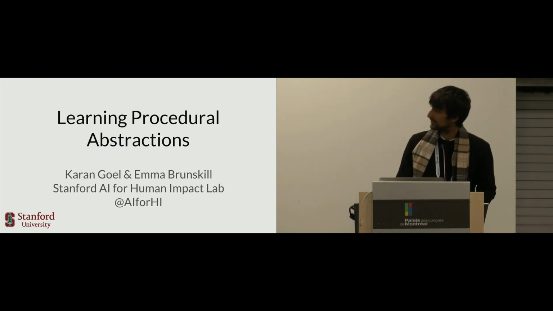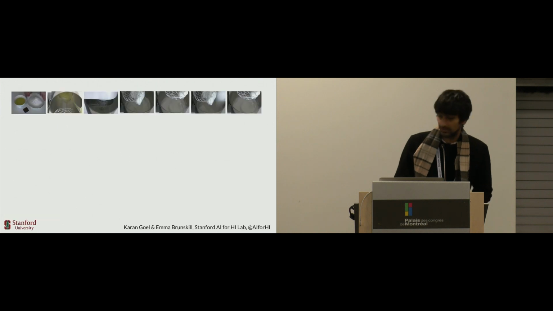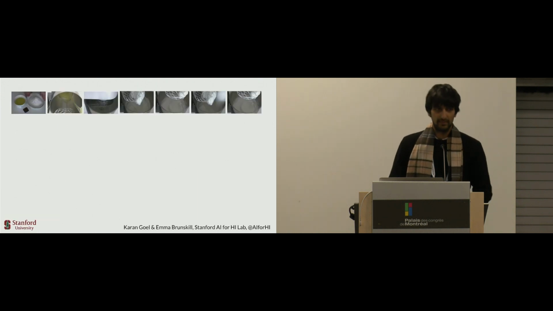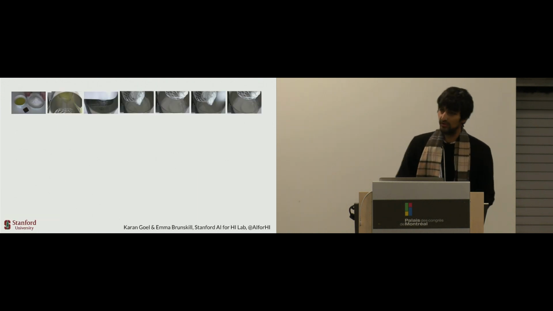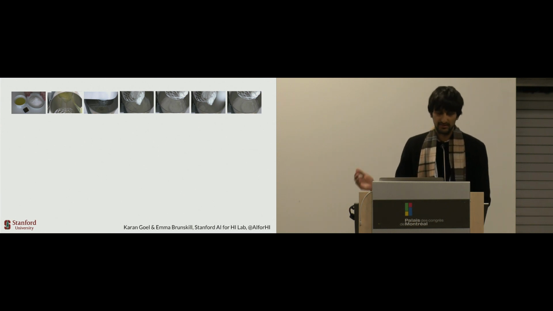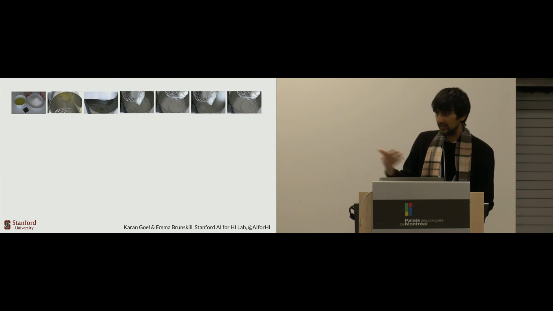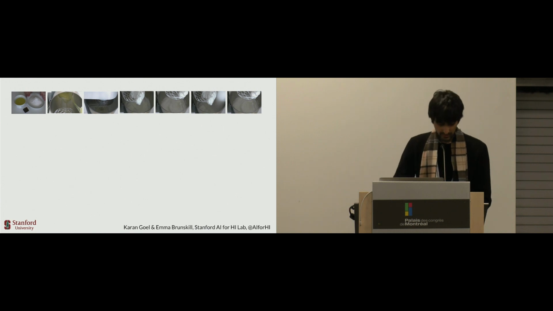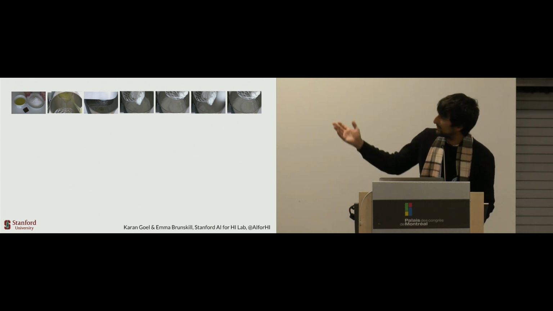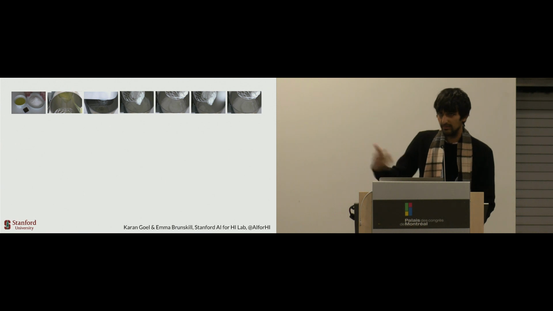Hi everyone. Our work is on learning procedural abstractions, with Brunskill. The idea is that you have many demonstrations on YouTube or other places, and you can collect demonstration data very easily. What we would like to do is collect this data for procedural tasks where the demonstrator is trying to execute a sequence of steps, and we can then leverage these demonstrations to do learning from demonstration. For example, here we have a cooking video and we maybe want to teach a robot or a human to do this.